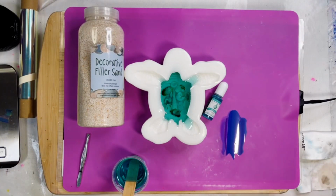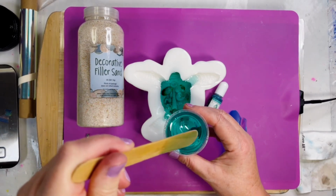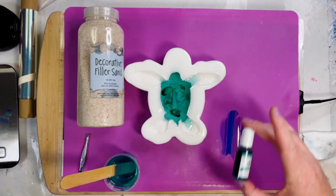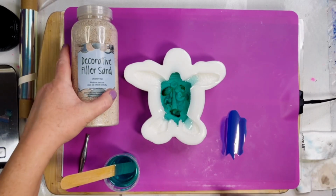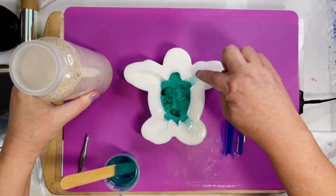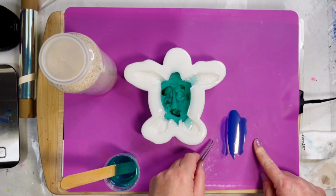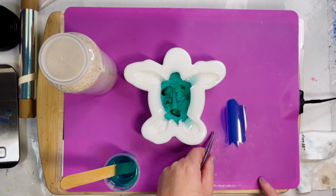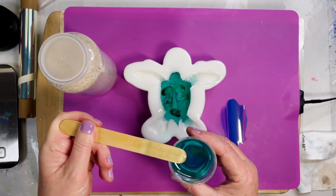We're back! And I've mixed up another 2 ounces of resin, and I put 4 drops of the turquoise in, similar to what I did with this. I've got some decorative filler sand that I'm going to put in the flippers, and I've cut out this film that I'm going to put in there. So I think what I'm going to do first is,